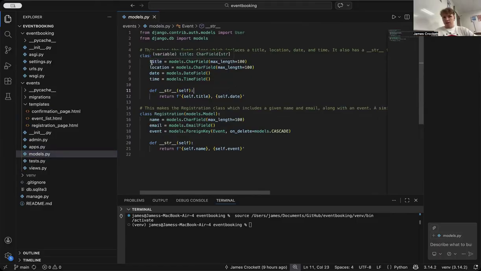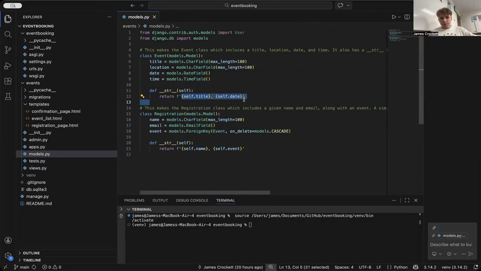The events have a title, location, date, time, and this __str__. I don't quite know why it's named that, but basically, if we didn't do anything, by default, the events would be named event object 1, 2, 3, 4, 5, 6, 7, 8, 9, 10. And if you then clicked on it, it would then tell you the certain details, right? Now, what this does is instead of being called event object, it's going to be called the title and the date. So if it's conference on February the 20th, it's going to be say conference February the 20th